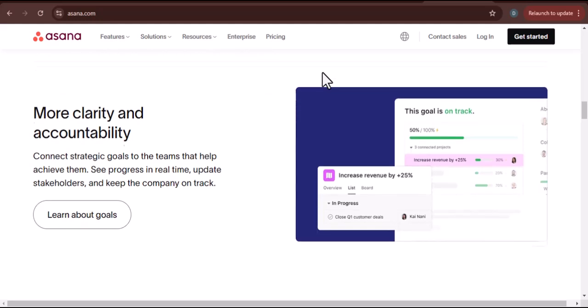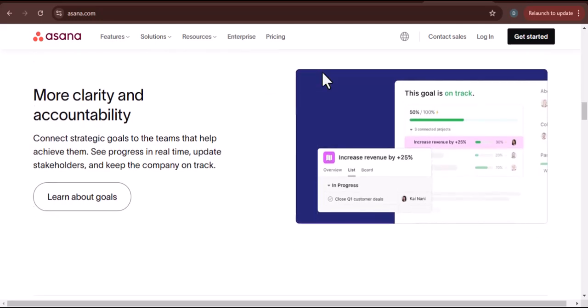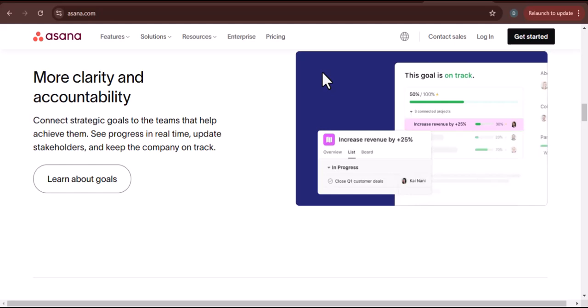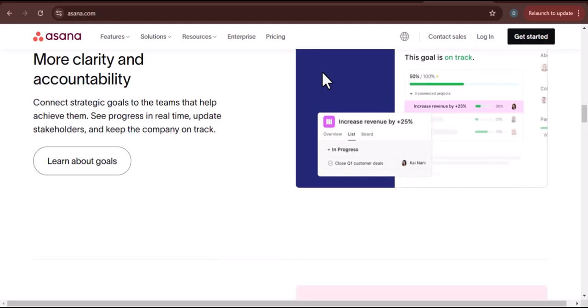By understanding these different methods, you can choose the right approach for your needs and ensure your valuable project data is always accessible,